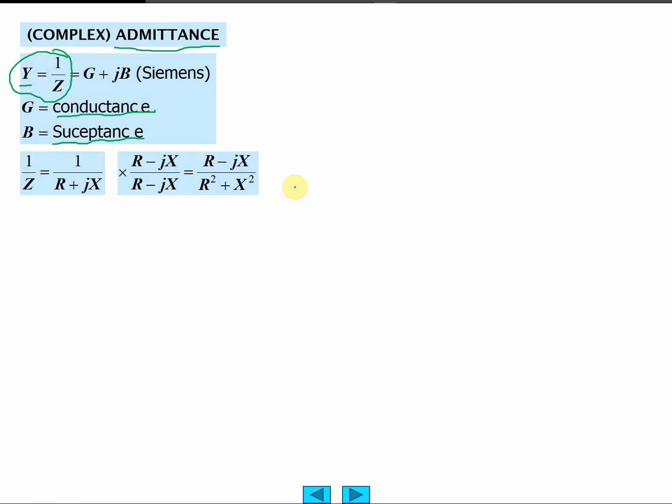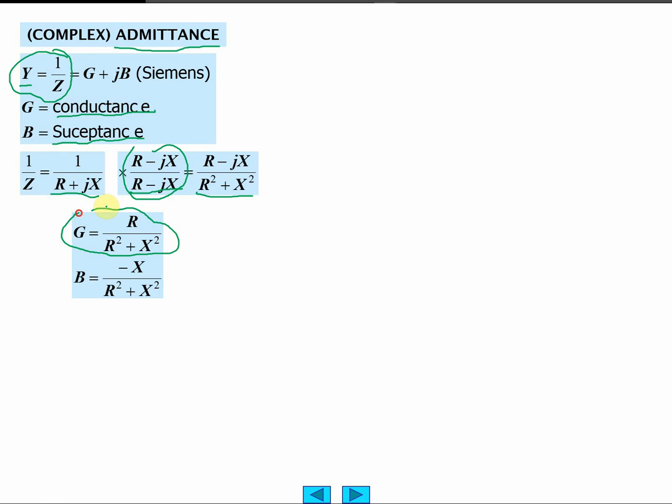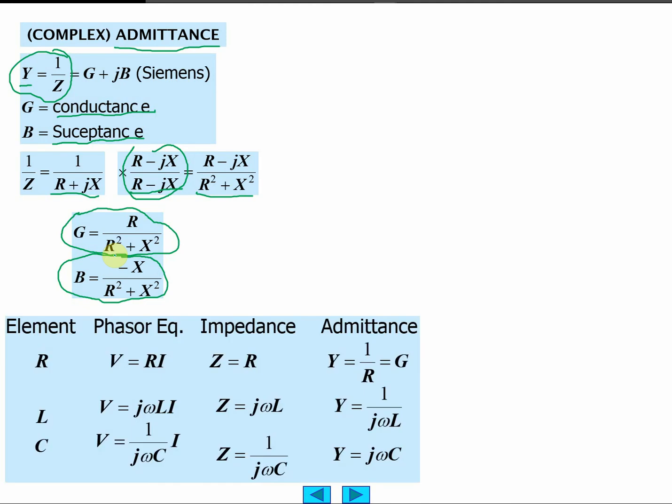And formulas. So we multiply top and bottom by this, because when you multiply r minus jx times r plus jx, you get a real number. And then you have this on the top. So then we can identify conductance and susceptance, what they are in the formulas. Formulas of all the equivalences. So